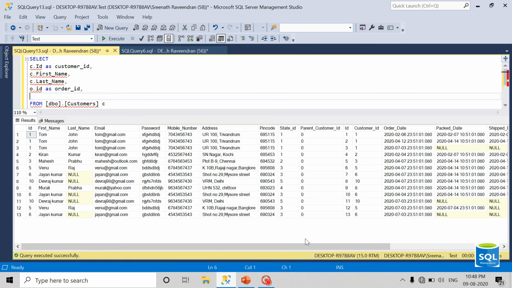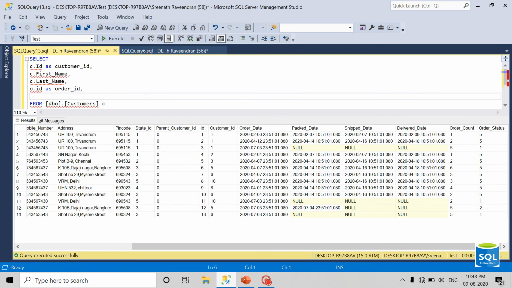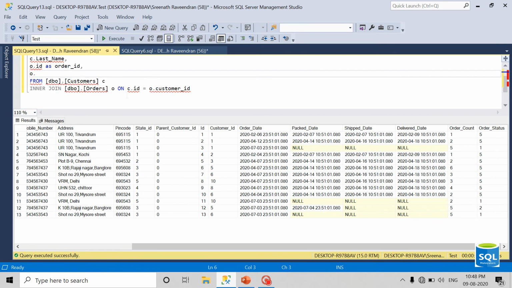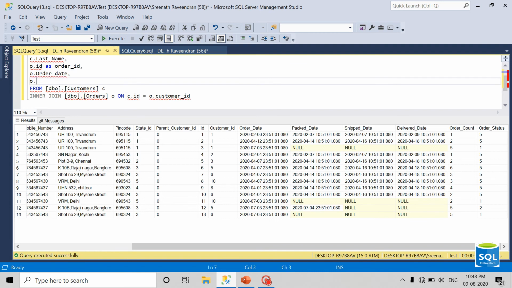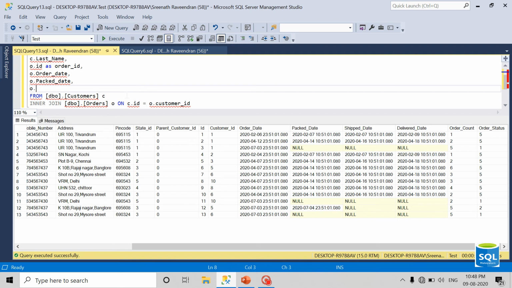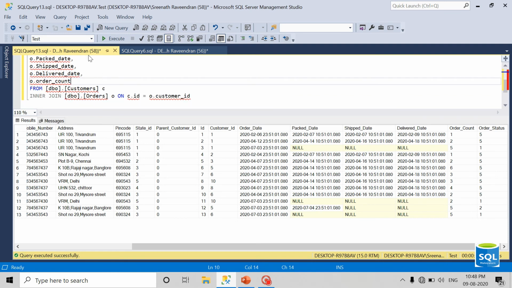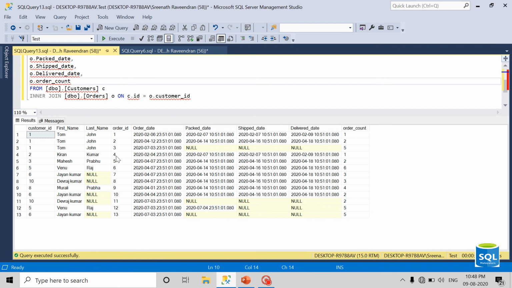Then I need to get the order date, pack date, different date fields from the order table: O dot packed date, O dot shipped date, O dot delivered date, then O dot order count. Okay, let's select. So I got the required columns.